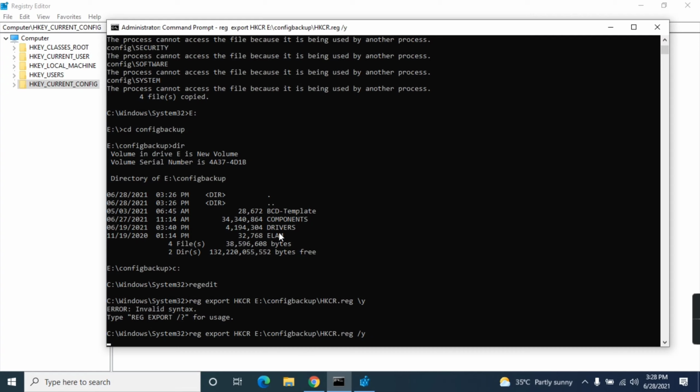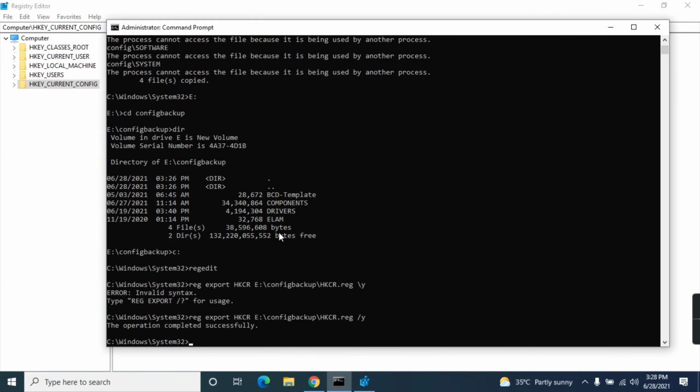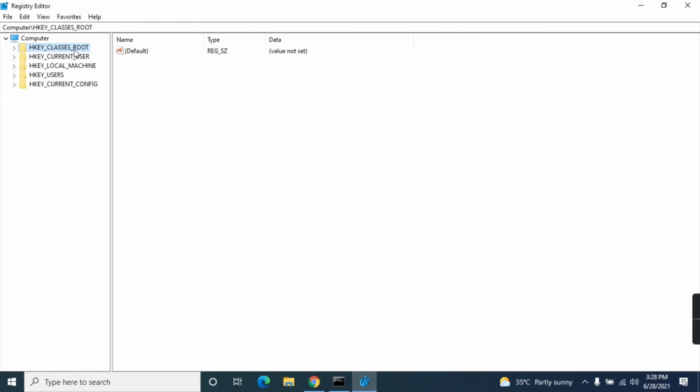Okay, it will take time to complete the backup because it depends on the key values of the registry. Okay, it's completed. The operation is completed successfully. So again, one more time I will take a backup. This time I will take a backup of local machine.